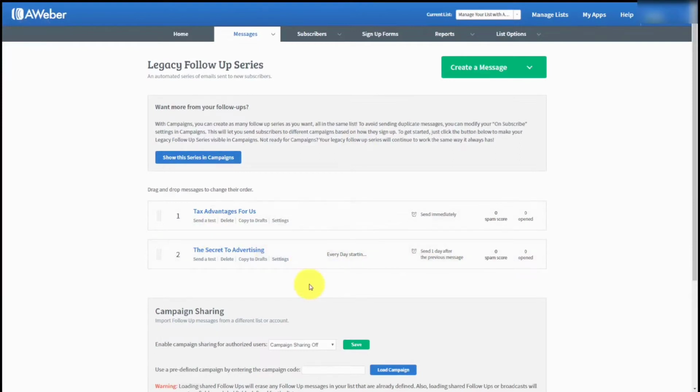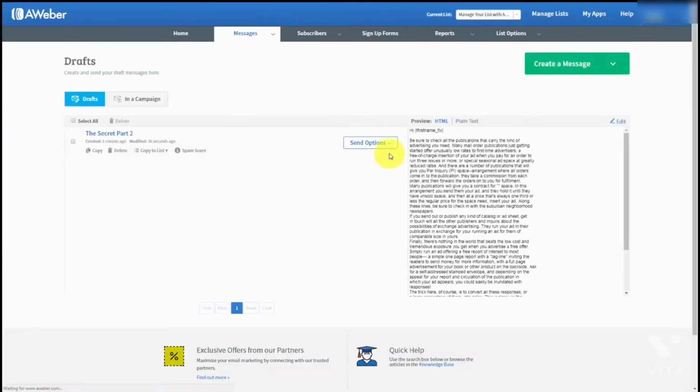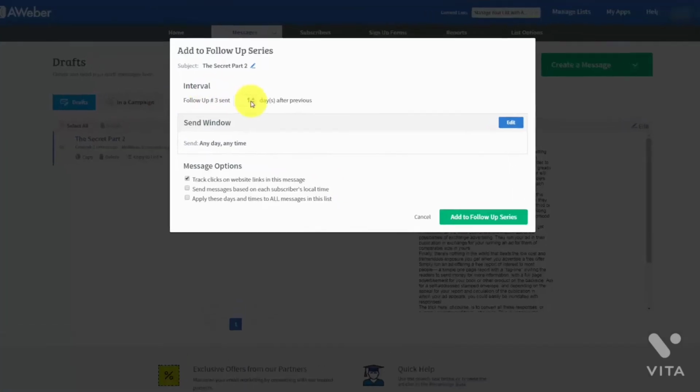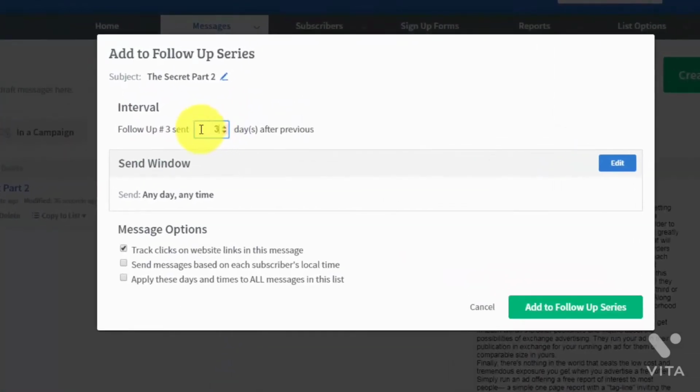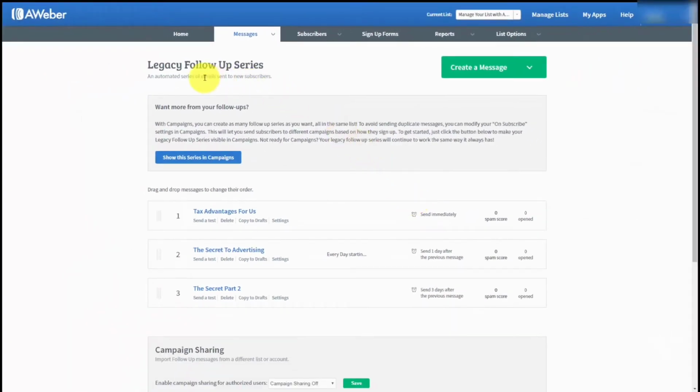We can now go back to the draft area, and then we can set the message for the third message. We can add that to the follow-up series, and we can make it so that this message comes 3 days after message number 2. We can then click Add to Follow-up Series. And now what we basically have is a campaign that we are determining whether or not it actually works. Now, once we have determined that this campaign is actually effective,